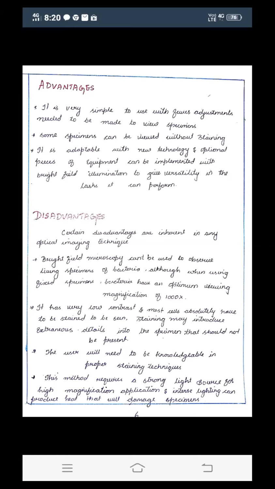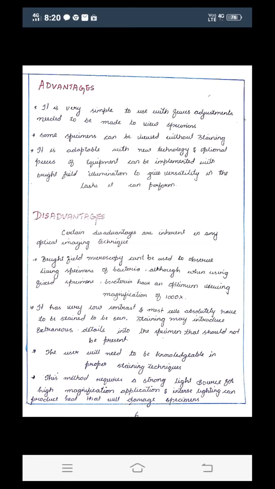Disadvantages of bright field microscope. Certain disadvantages are inherent in any optical imaging technique. First, the bright field microscope cannot be used to observe living specimens. We cannot directly observe living organisms, such as some of the bacteria, and although we use fixed specimens, we cannot see